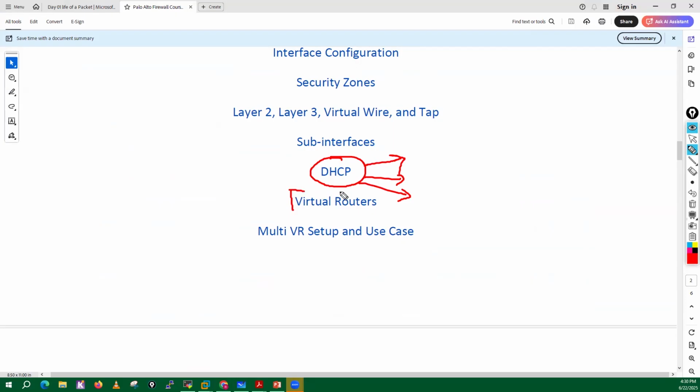Then we will discuss how we can configure the virtual router in Palo Alto Firewall. If we want to configure routing, then we have to create virtual routers. I will explain the concept of virtual routers. Then I will also explain the use case for multiple virtual routers, and how we can allow communication if we have multiple virtual routers.